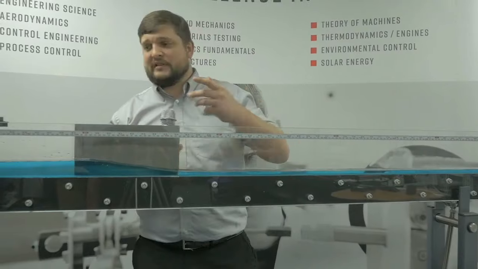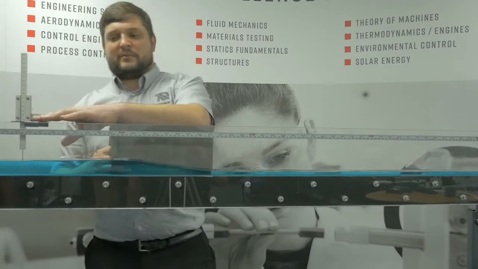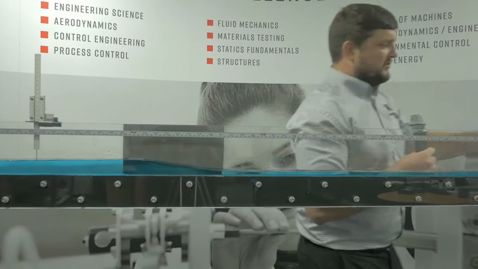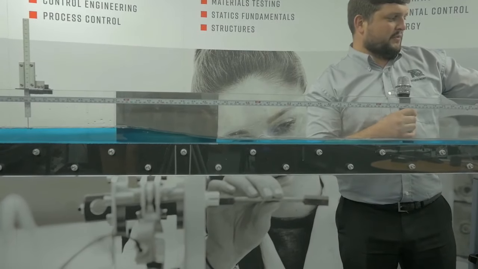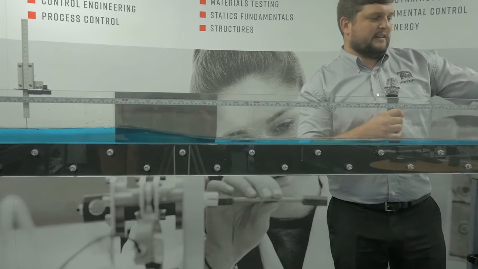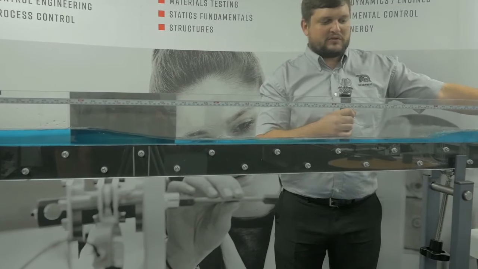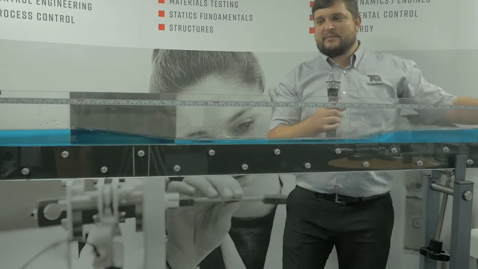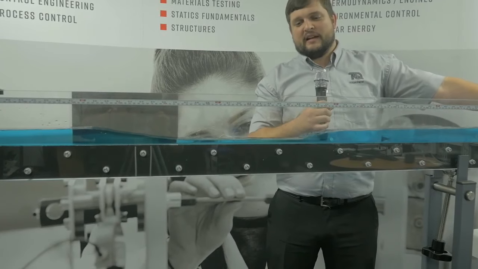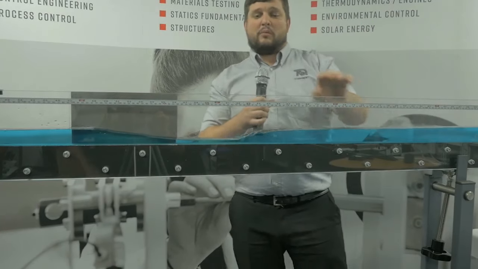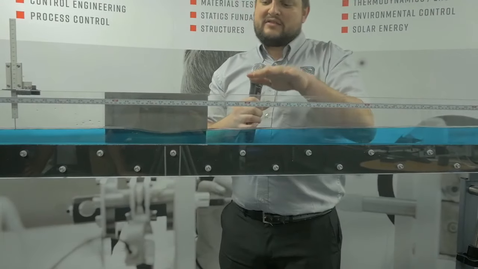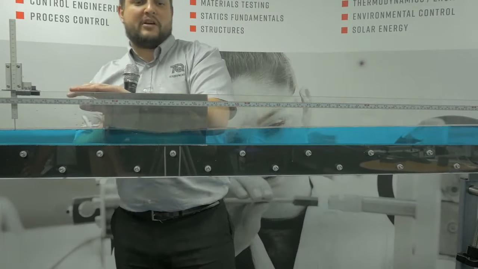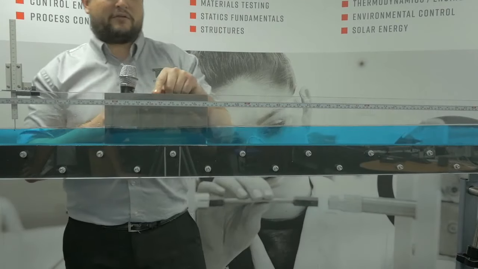As Kanna's just pointed out, we're measuring the upstream head here, and as we close the sluice gate, because we haven't quite got there yet, we can watch as this hydraulic jump starts to make its way towards the Venturi flume. And a great experiment for the students is to see that the hydraulic jump, or more to the point, the downstream flow and head makes no difference to the upstream until it crosses the throat.